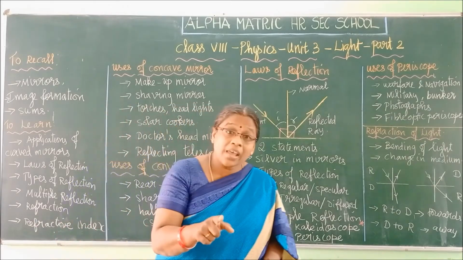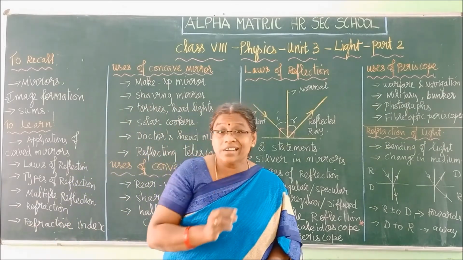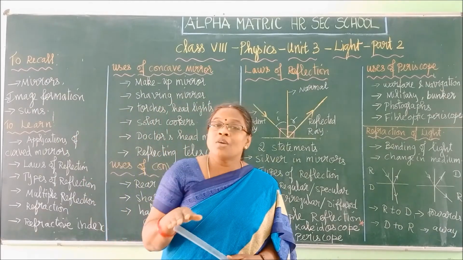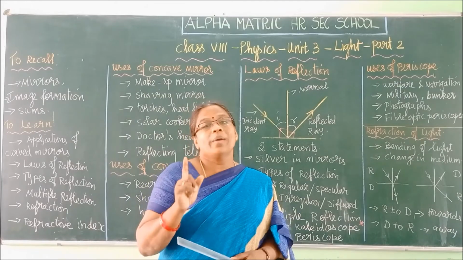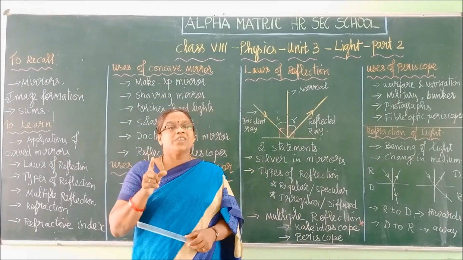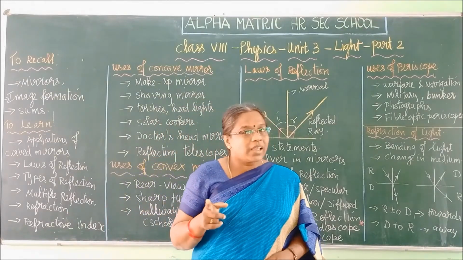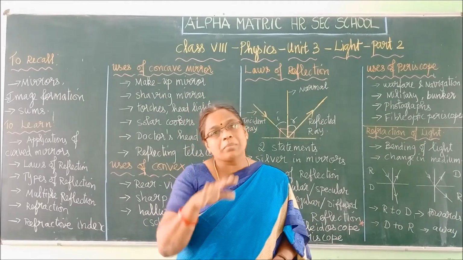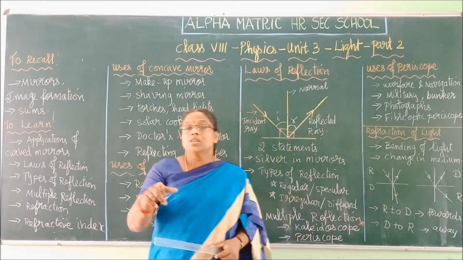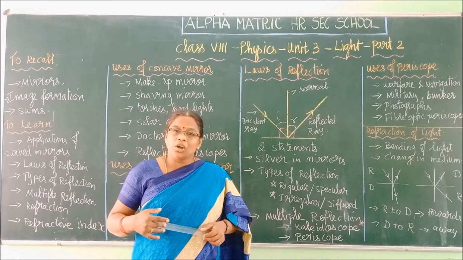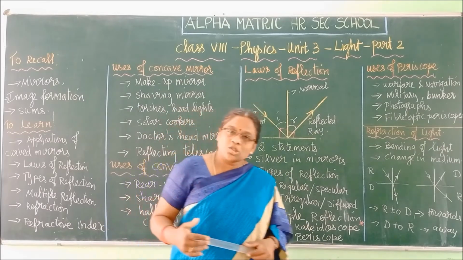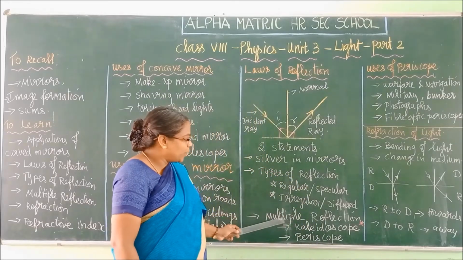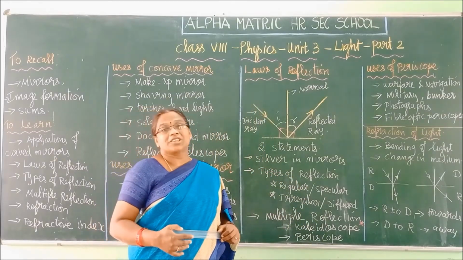There all the incident rays will have different angles of reflection, so laws of reflection are not obeyed there. Which reflection will not obey laws of reflection? That is diffused or irregular reflection. One more question can be asked in this. You can refer to the ray diagrams in your textbook, and I will also give the diagrams in the notes. Next, we are moving to multiple reflection.